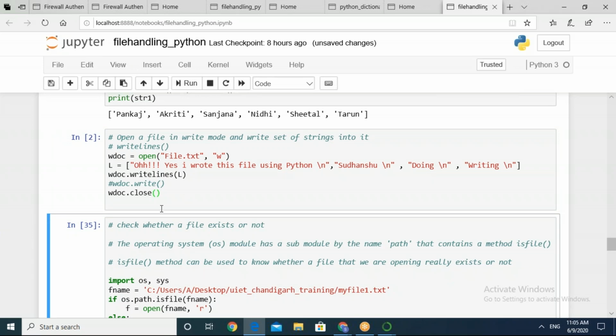Sudhanshu, if you want to read and display the same data, what are you going to do? Can you respond where you have saved this file, file.txt? In which directory have you saved it?